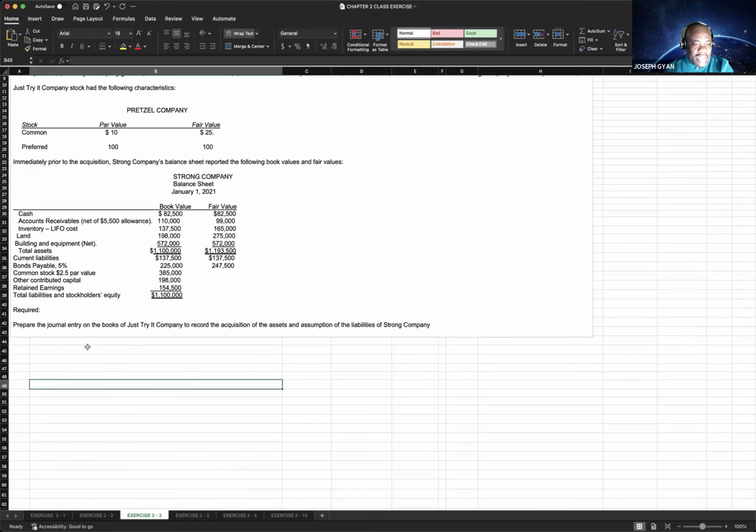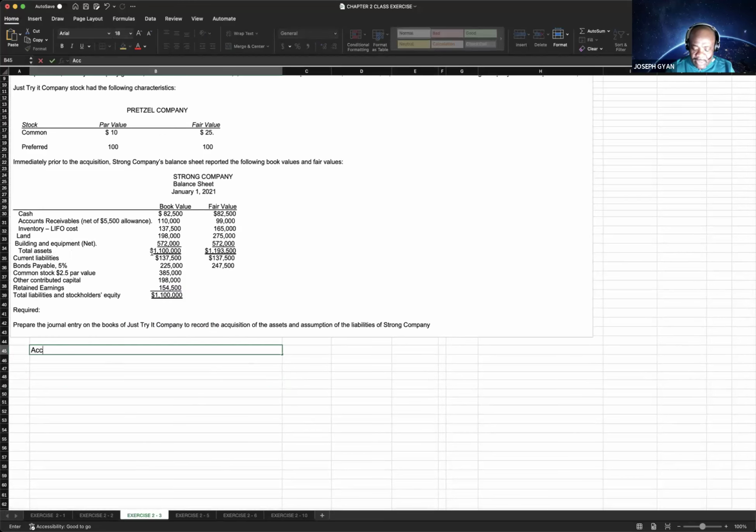So we know that they are buying everything except that there's no cash. So they are acquiring their account receivable. They are acquiring this company's account receivable. Now the question is, we have to find out what is the original account receivable. We want to know the original account receivable that gives them 110. So we are going to take 110, the book value, and add the allowance of the 5,500 here. That will tell you the original figure or the value of the account receivable before the acquisition,